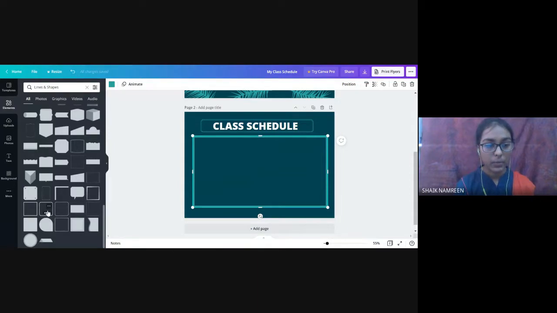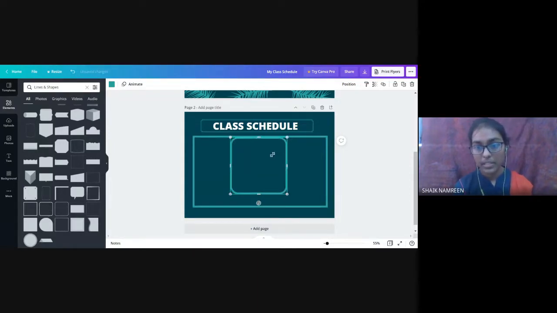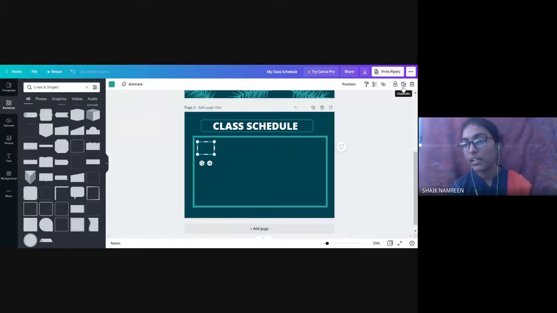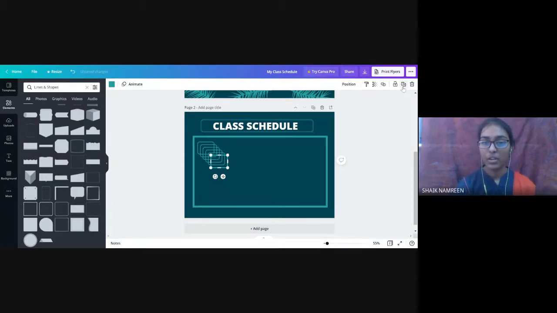So like this, we can select this one and minimize the size. You need not take every time and minimize this. You can take this and by clicking on here, as you can see this plus sign, it indicates a duplicate of this. So you can click on duplicate any times you want, and you can keep it here. So this makes our work simple, so that we do not consume so much time in creating this.